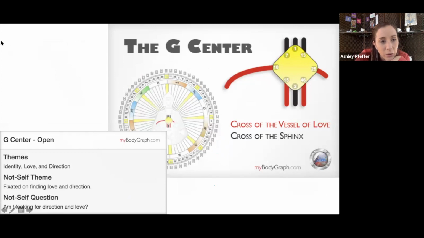All right, so moving on to the G center. So that again is love, direction, and identity. And it houses the vessel of love and the cross of the Sphinx. So this one, a lot of people can feel this one when they don't have it, because they'll feel like